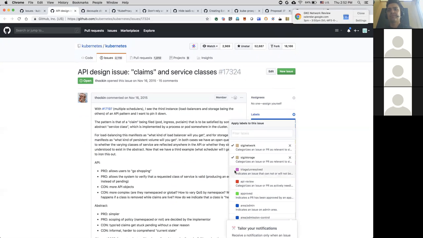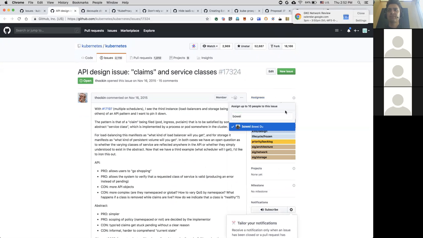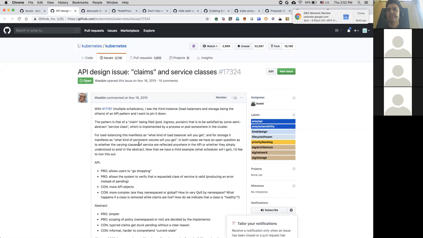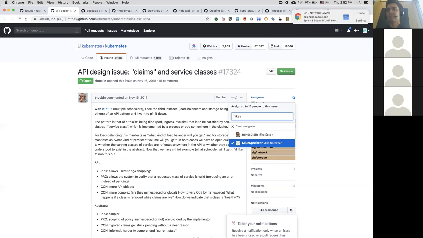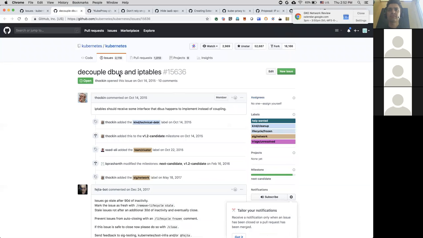I don't know if it's really actionable given how everything has evolved. All right. CC me on that one. I think that might be an interesting issue I'm interested in. I'll look at that too. All right. Decouple dbus and iptables.